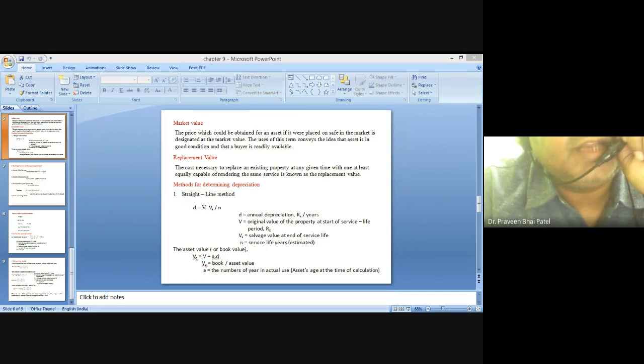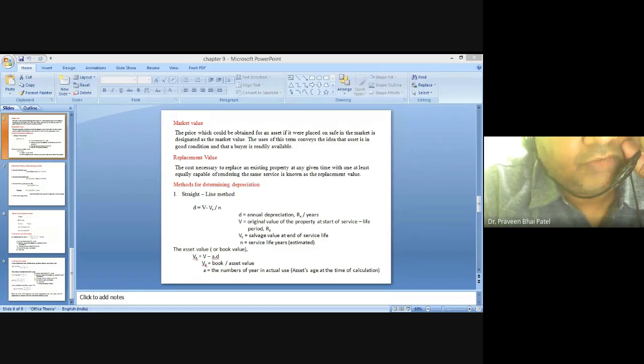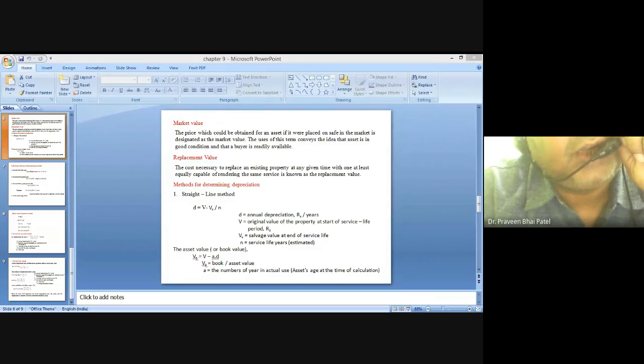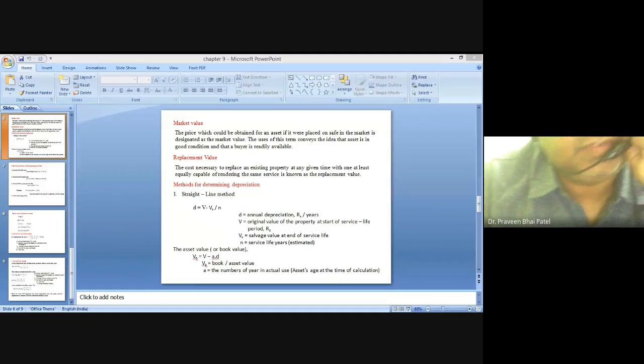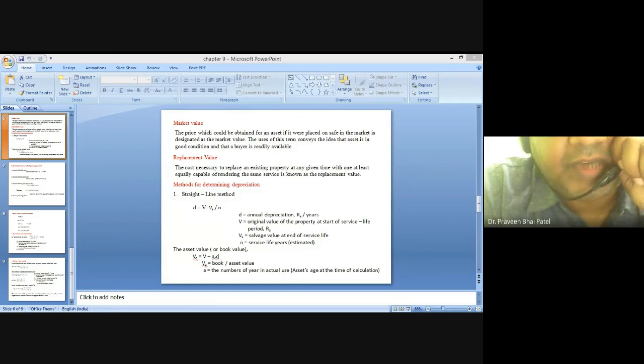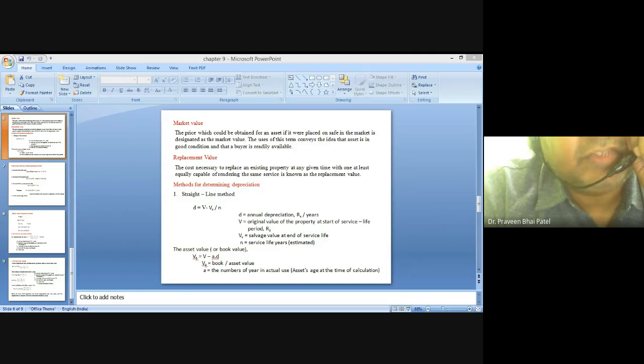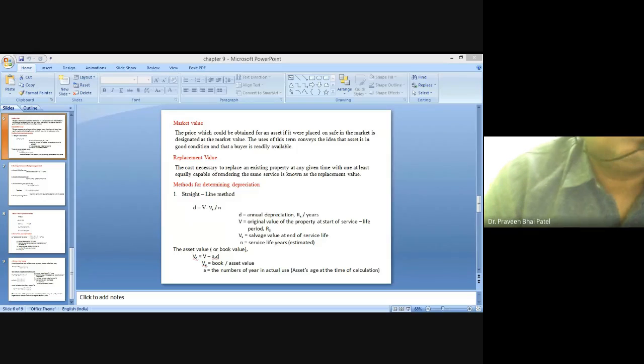So what will be the condition? For 10 years, what will be the depreciation value of that particular delivery truck? That will be 2,700 per year. So in the first year, 2,700 will be deducted. In the second year, 2,700 will be deducted. Similarly, after 10 years, what will be left? The final salvage value of rupees 3,000 will be left, for which the businessman can sell his truck. That is the salvage value of that particular product.